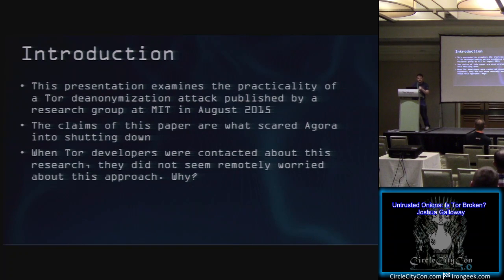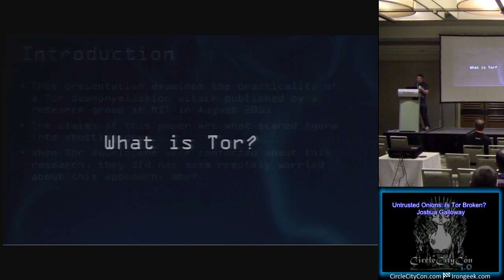So I got in touch with the Tor developers and asked if they're worried, and they're like, LOL, no. So I wanted to understand why. It also interested me that the attack uses machine learning, and there's a lot of machine learning in use at Cylance. So I just wanted to get into machine learning in a way that was unrelated to what I do, just to see how it could be applied to security.